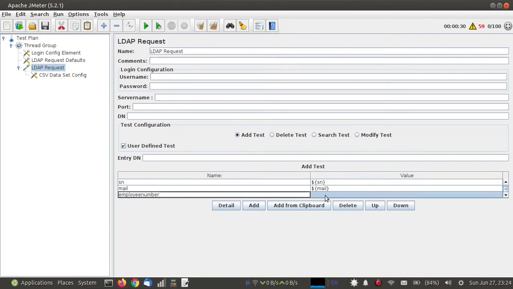Employee number is the attribute name of EMP-ID. Its variable name is EMP-ID. Then I am going to add employee type. Username's attribute name is user ID.